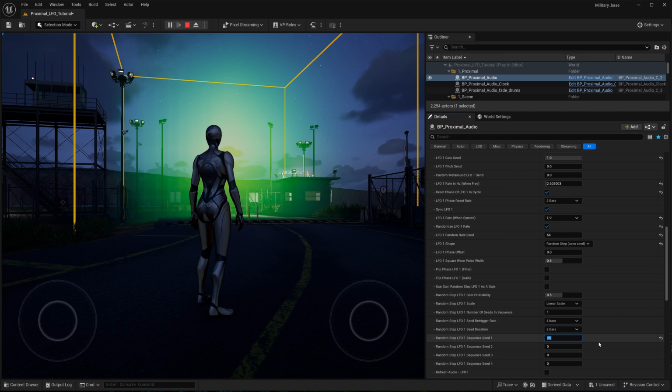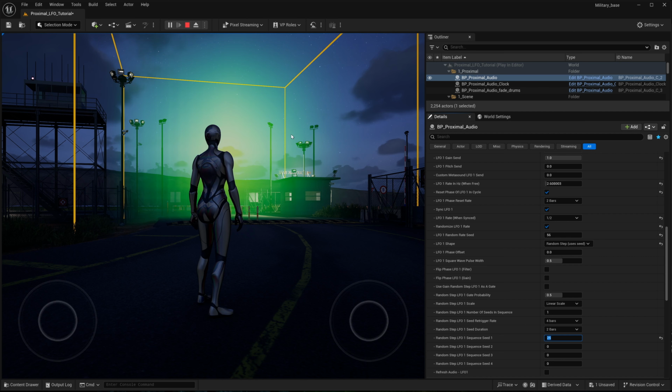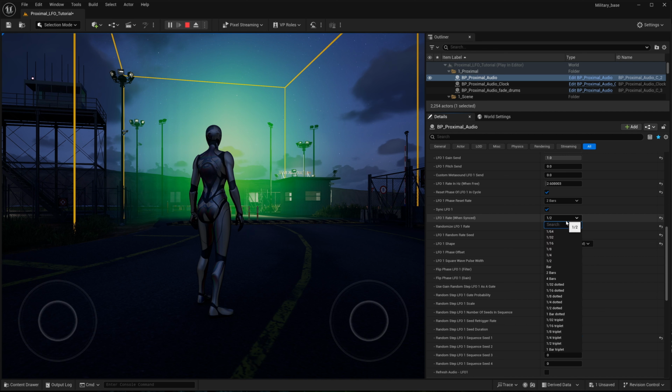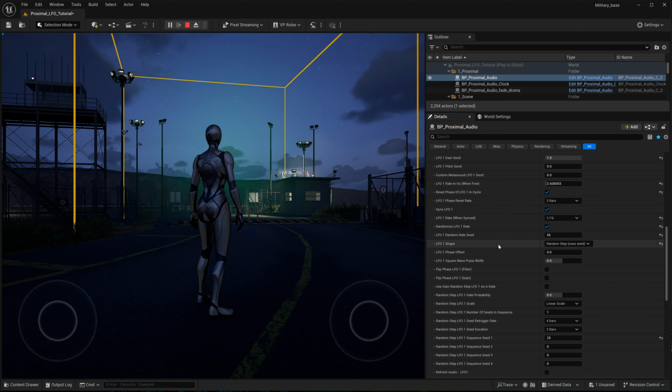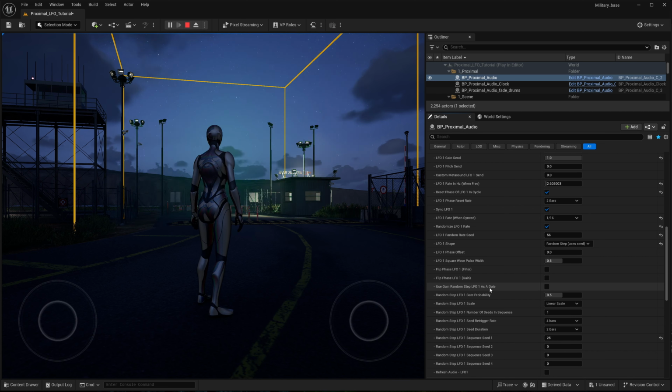So when it's set to control the gain with this random step setting, you can see actually that it's pulling out different gain values, and it's doing it using the LFO rate that we set up here. Okay, and we've got this setting here, use gain random step LFO1 as a gate. So if we were to tick that now,